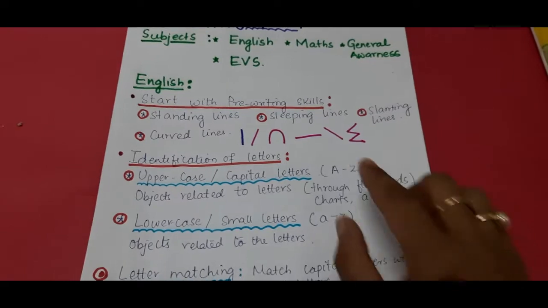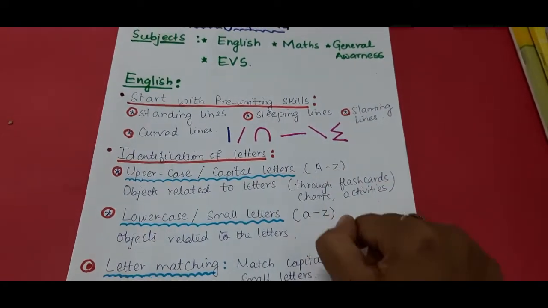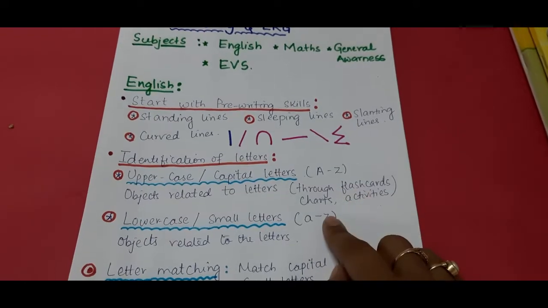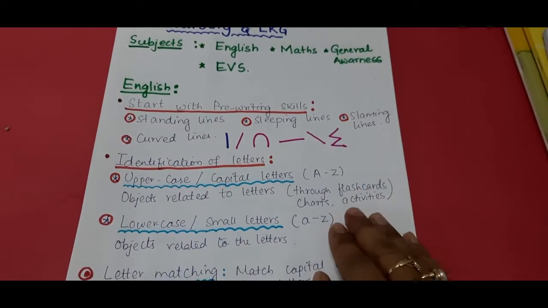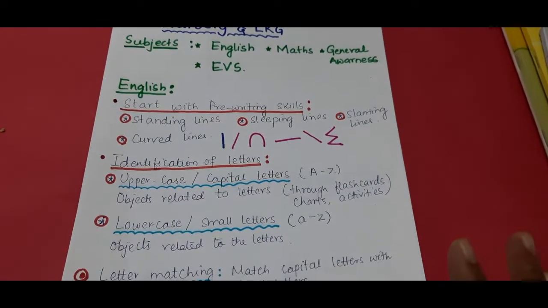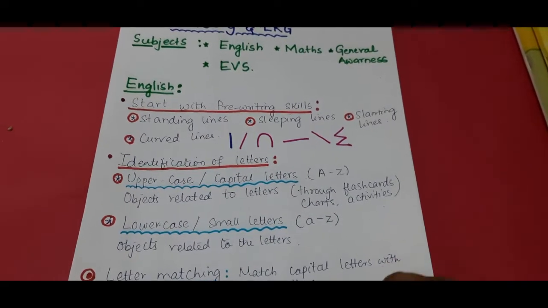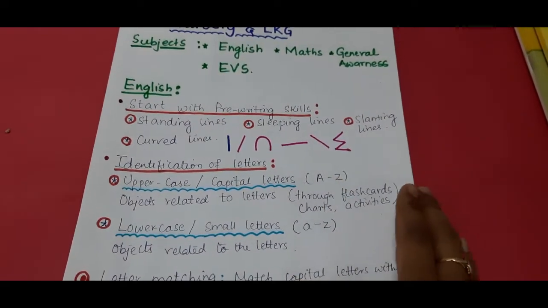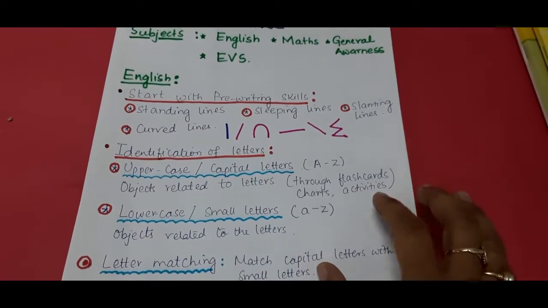Next, after they are very thorough with the uppercase letters, you can come to lowercase letters, because it is really difficult for the child to do the lowercase letters. So it's not mandatory in the nursery to know lowercase letter writing. They can only identify, that is also okay. For Anaika, she is now thorough with uppercase and lowercase letters. Now she is practicing lowercase more.